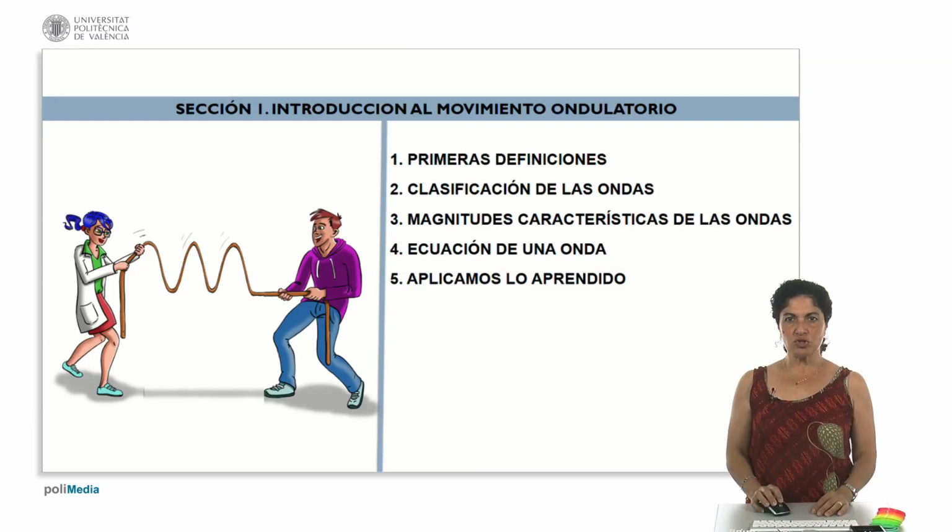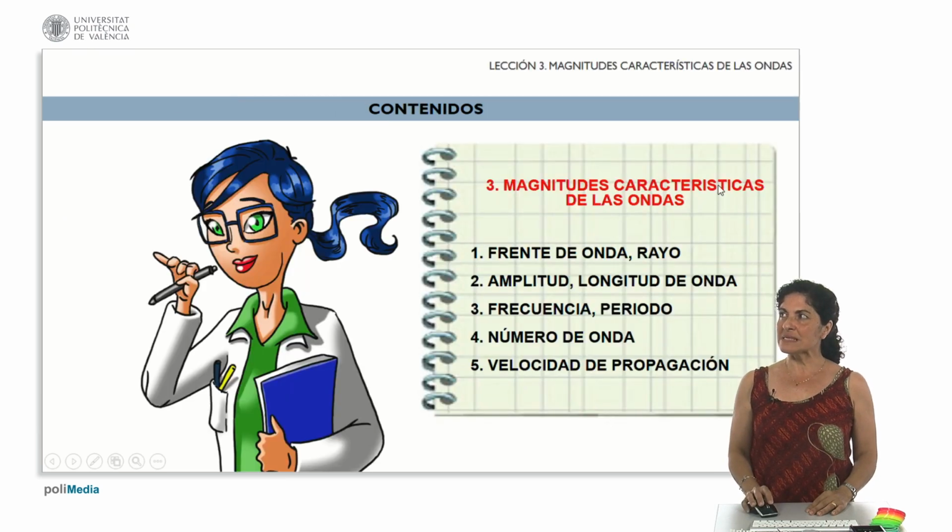During the next few minutes, what I am going to do is to introduce and define those physical quantities that are necessary to define as accurately as possible the different wave motions that we observe in nature around us. Among the characteristic quantities, those physical quantities that I am going to need to characterize well the wave motion, I